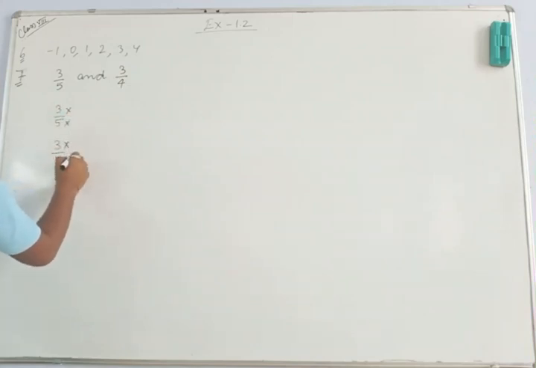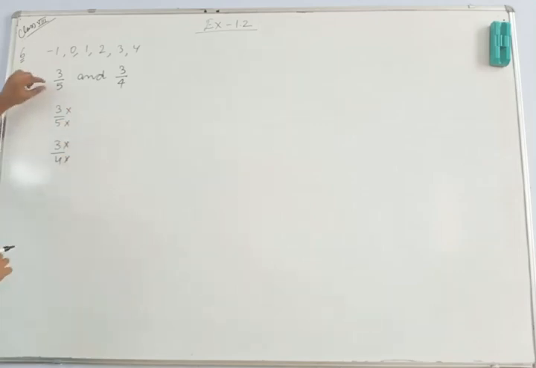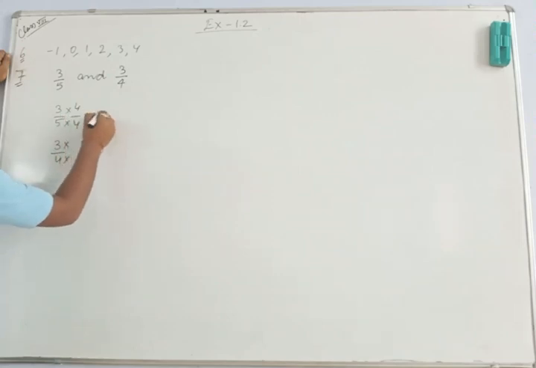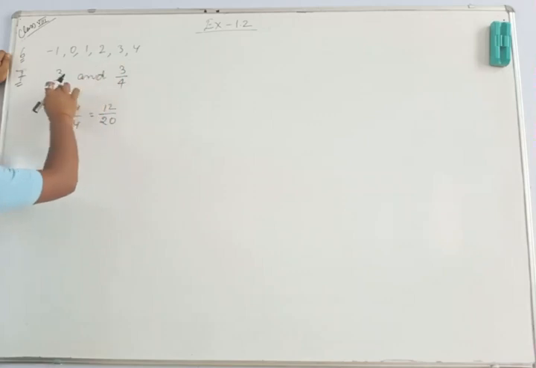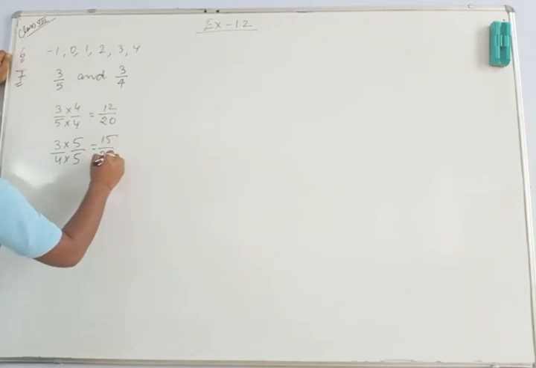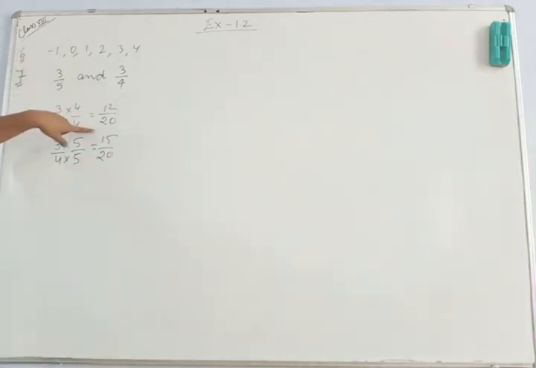Equating the denominators. For equating the denominators, this number I will multiply with the denominator of the other number. So 3 4s are 12, 5 4s are 20, and in this one I will multiply with the denominator of the other number, that is 5. 5 3s are 15 and 4 5s are 20 again. Now this is 12 upon 20, this is 15 upon 20. How many rational numbers will I get? 13 upon 20, 14 upon 20, that is only 2. So this means it is insufficient.